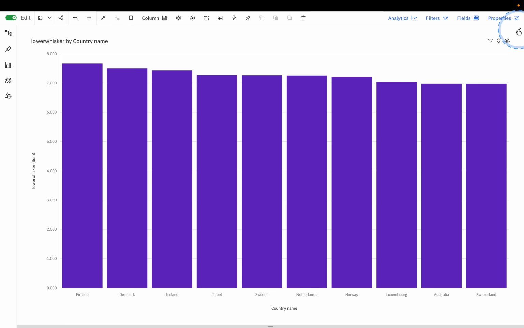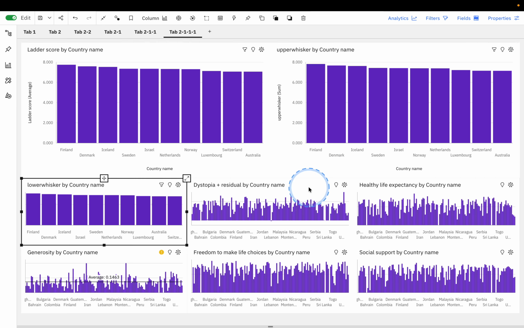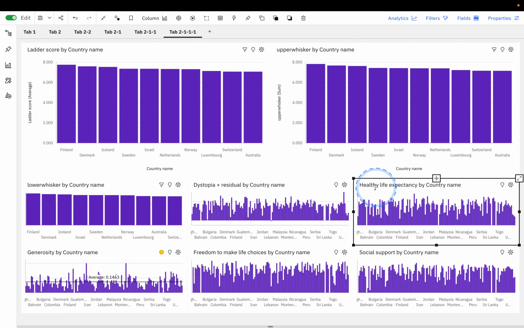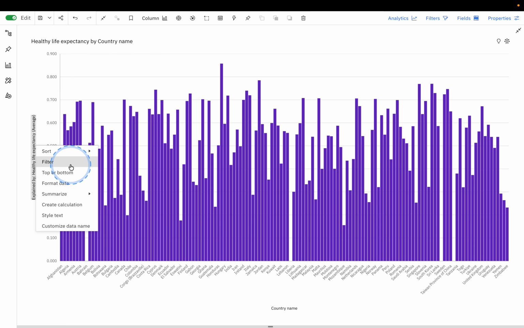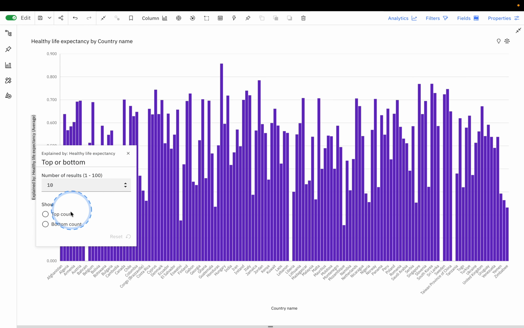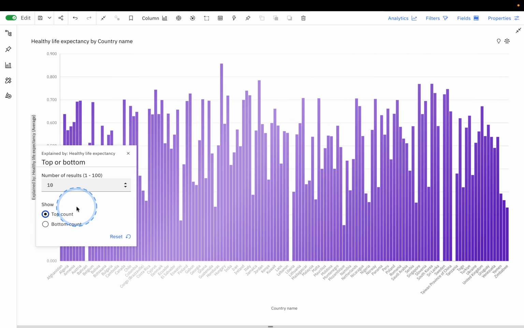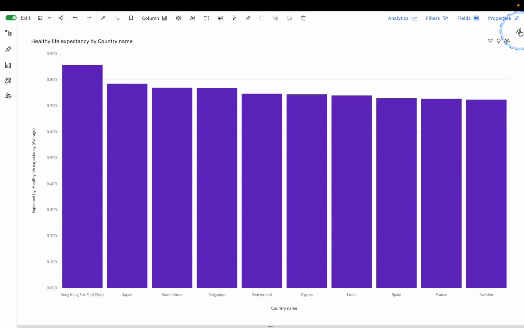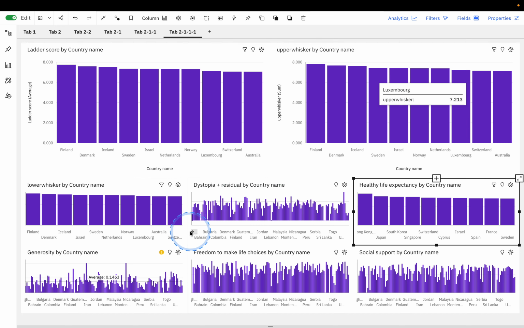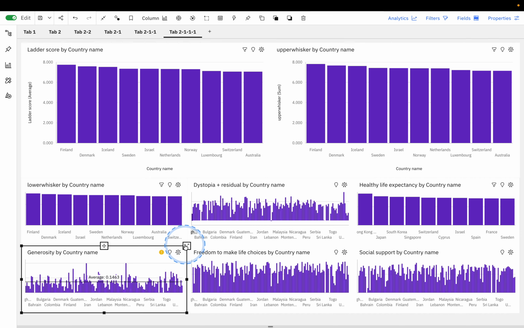Okay. Then life expectancy. Let's take 10. Then generosity.